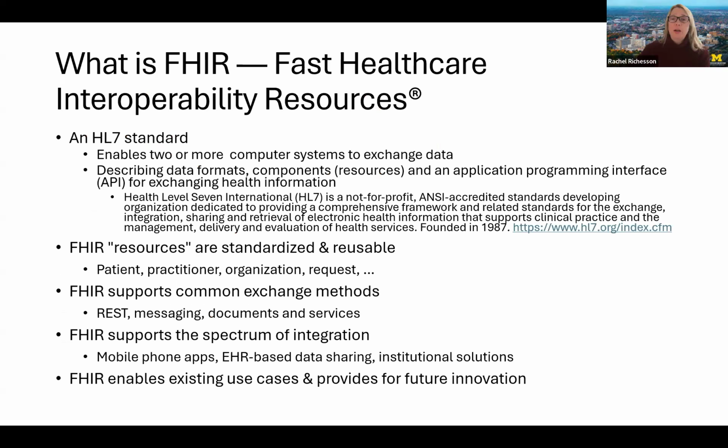So first, what is FHIR? I'm assuming everyone's heard of it, but maybe people are not as familiar with the acronym. So FHIR is for Fast Healthcare Interoperability Resources, and it's a data exchange standard. So it's not a data capture standard, and it's not a content representation standard per se. It's really a way to exchange data between two or more systems. And it describes the data formats, the components, which are resources, and an API interface for exchanging